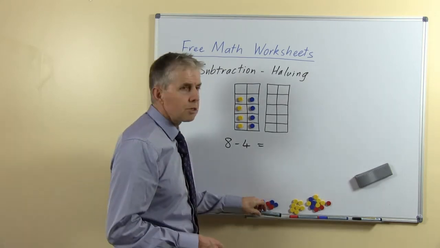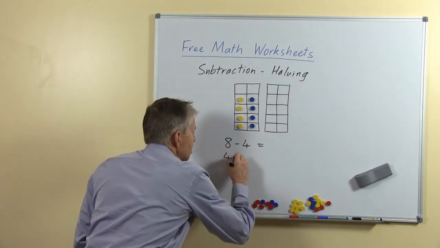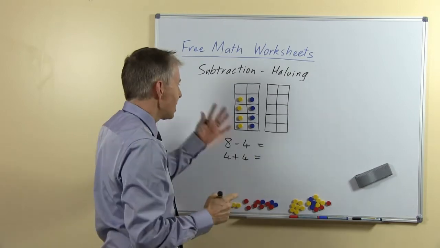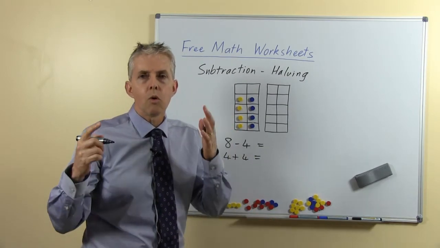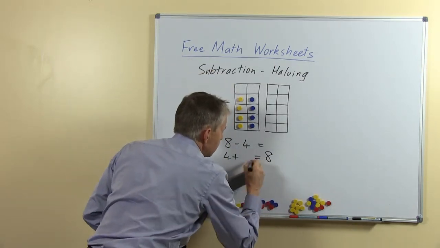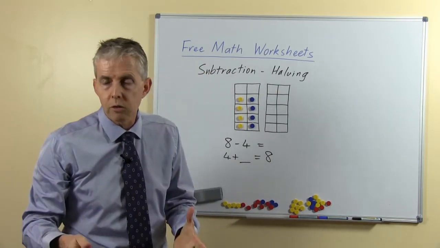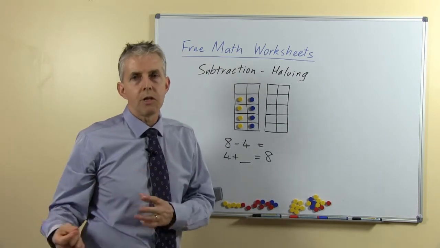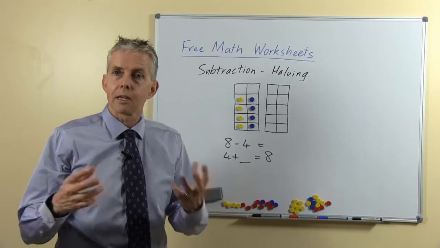But what we do want our students to do is to recognise that they already know a number fact in the addition group that will help them answer this one. So if we say 8 take away 4 and they're stumped, we would then say to them, well, what do you have if you start with 4 and the answer's 8? Or alternatively, do you remember what double 4 is? So we're going to refer often back to the addition number facts, and so the children will make that connection.